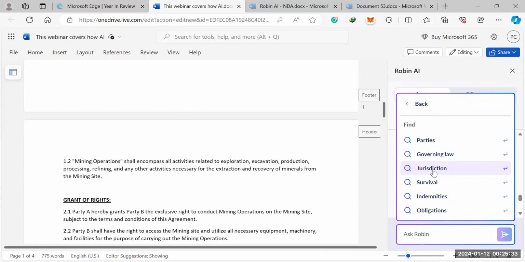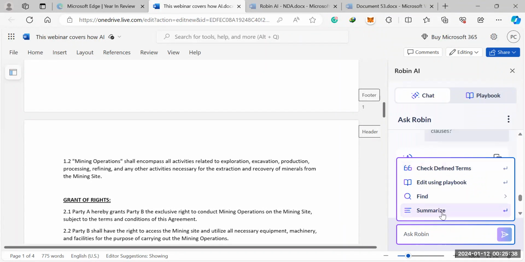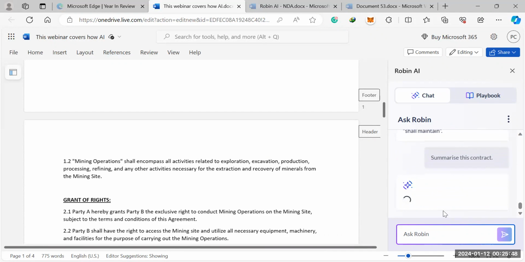And you can also take advantage of the summarize feature. So if you click on this section here, you'll find the summarize button here. So what you can do is you can essentially just have a contract summarized for you. So if you click summarize here,